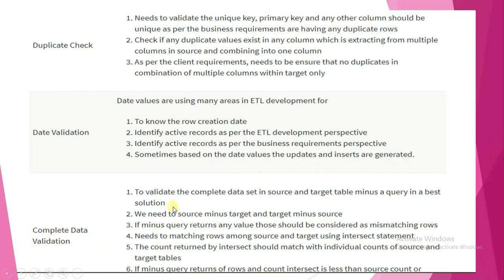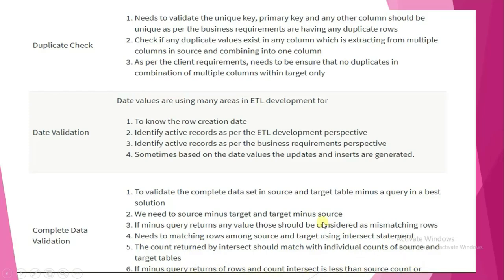So complete data validation, that is, to validate the complete data set in the source and target table, a minus query is the best solution. We need source minus target and target minus source. If a minus query returns any value, those should be considered as mismatching rows. Then we need to find matching rows among source and target using the intersect statement. The count returned by the intersect should match with the individual counts of the source and target tables. If the minus query returns rows and the intersect count is less than the source count or